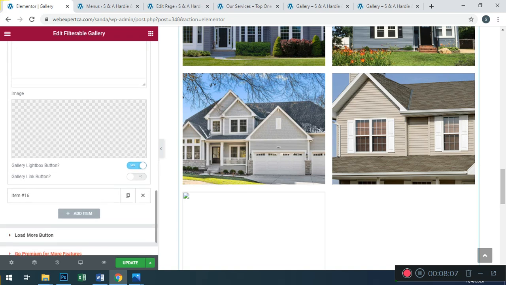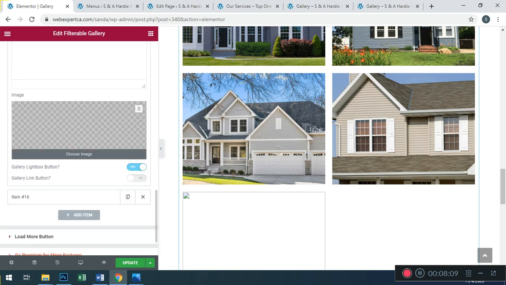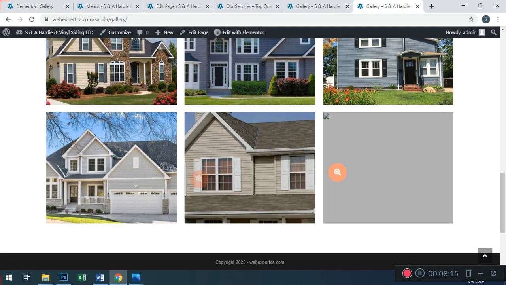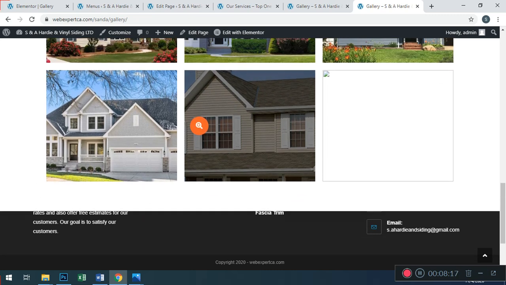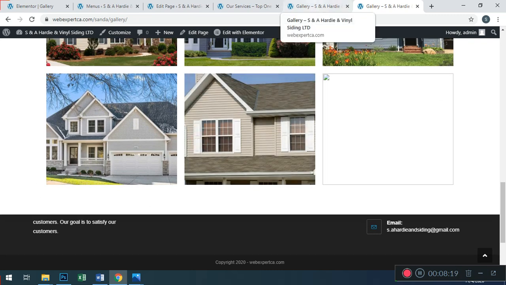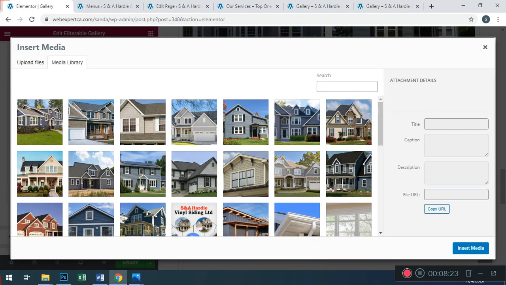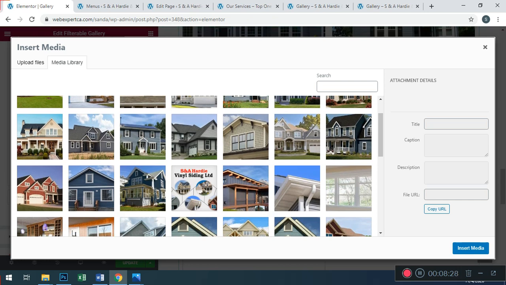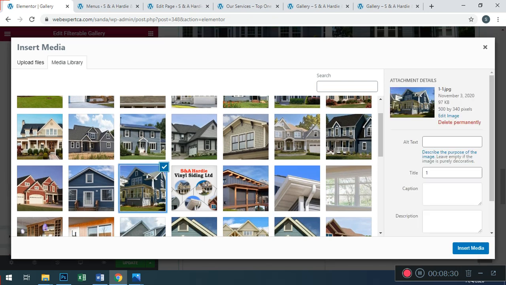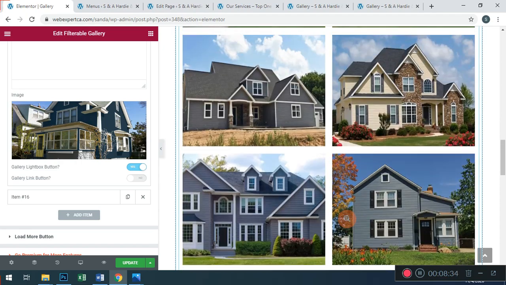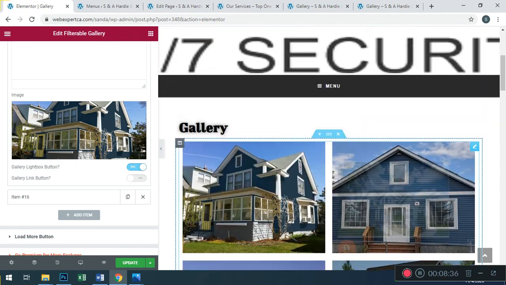Find out. Yes, this is the problem. Now I am finding what I removed. I think I removed this image. I am going to add this. This is already there.